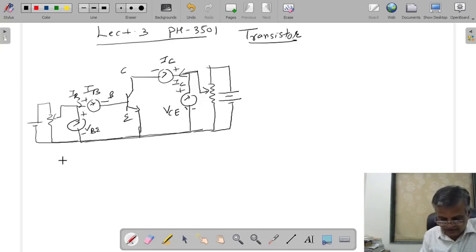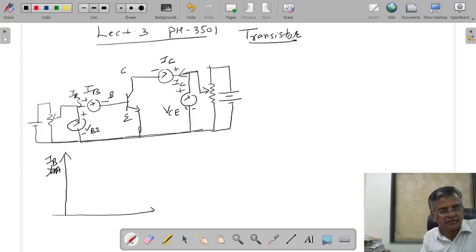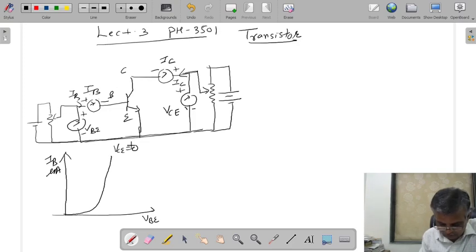We have drawn this graph. This is the graph of base current. Generally, the base current is of the order of microampere, so we have to write microampere. In the last lecture note, I have not written microampere here. So this is the nature of the graph. Here I have written 0, and this could be 2 volt or 4 volt.